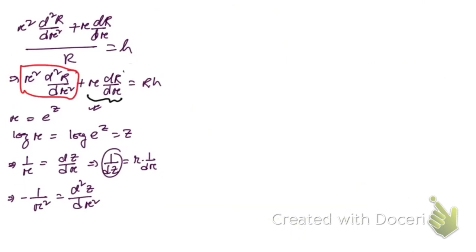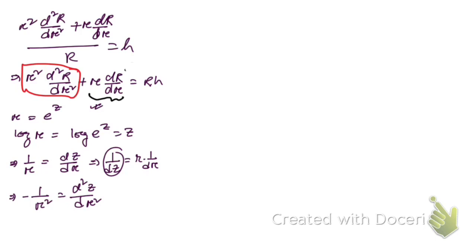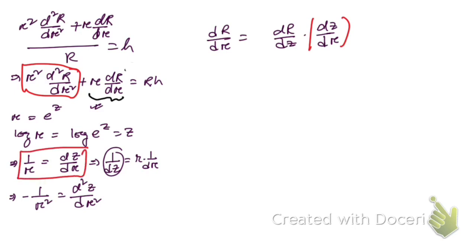So I have taken a new slide, and these are the things we are dealing with. So here you see, in this case we can write d capital R by d small r as dR by dz, then again dz by dr. We can write that way. Now you see, this dz by dr is nothing but 1 by r, right? So if we use that value here, 1 by r into d capital R by dz, that's what we can have. Now if we differentiate it again,